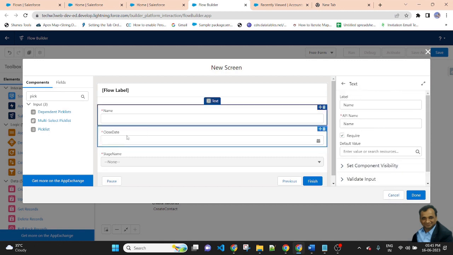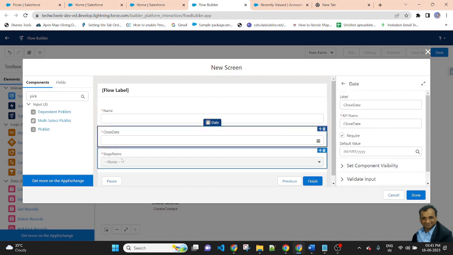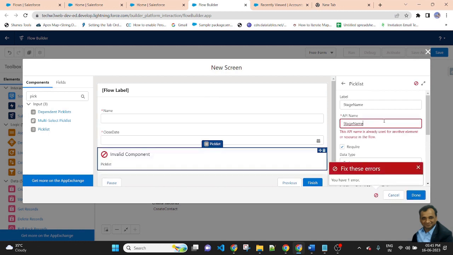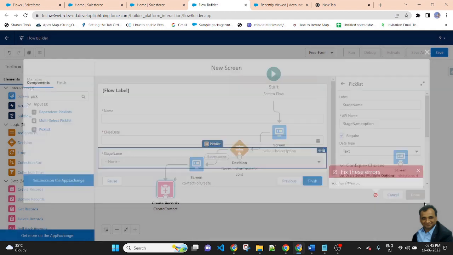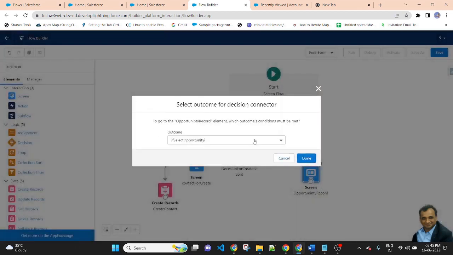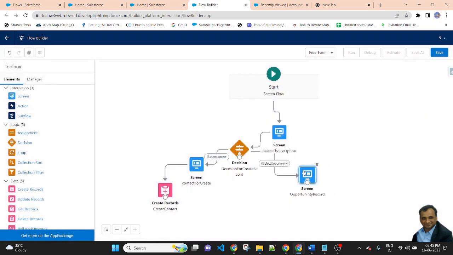So I give a name, close date, and stage name. Then done. Stage name option, done. So I make a screen here. If the user selects the opportunity option, then this screen will appear.